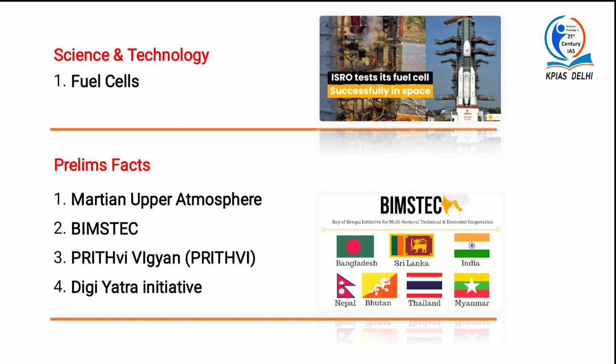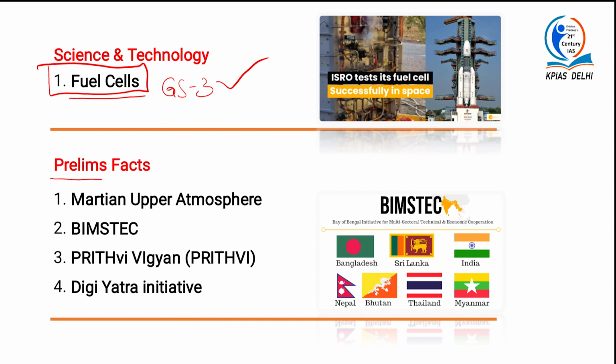So let us look at the important articles which came up in today's newspaper, dated 6th of January 2024. The first issue that we are going to cover is regarding fuel cells, which forms part of your GS paper 3. Under this GS paper 3, you have environmental pollution, degradation, environmental impact assessment and conservation. This fuel cell topic has been in the news because ISRO has recently successfully tested this polymer electrolyte membrane fuel cell based power system in its orbital platform. So this component becomes important with respect to ISRO's fuel cell testing, which has been held successful.